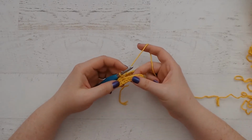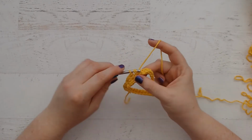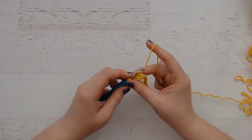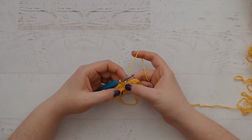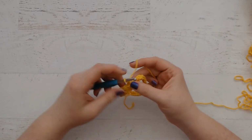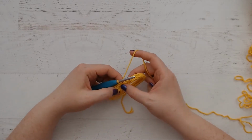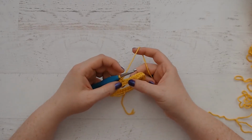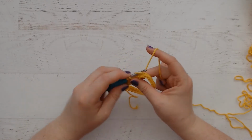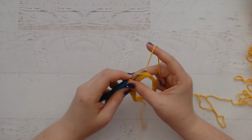So what we're going to do is skip a stitch, and then place a single crochet, chain 1, and place a single crochet into that next stitch. We're going to skip the next stitch, and then place the single crochet, chain 1, single crochet, and we're going to repeat this, skipping a stitch and then placing all of those 3 stitches into one until we hit the marker. So skip 1, single crochet, chain 1, single crochet,